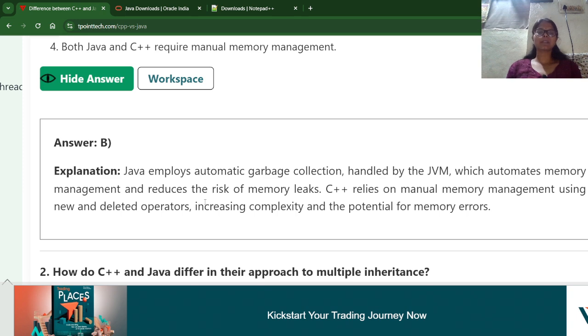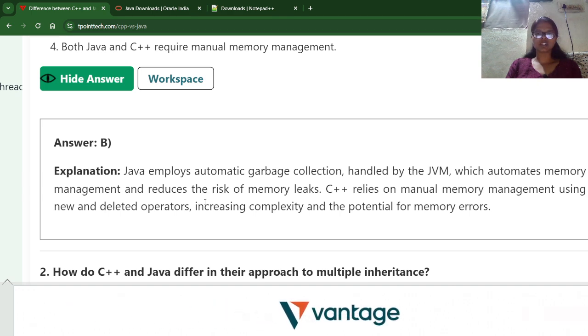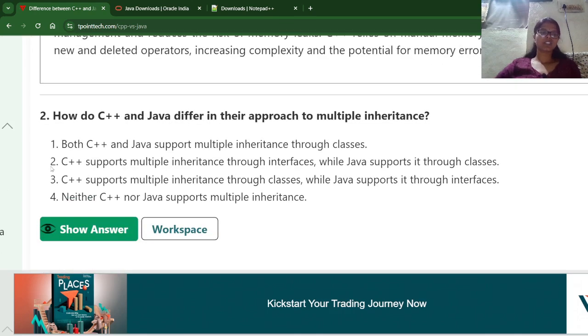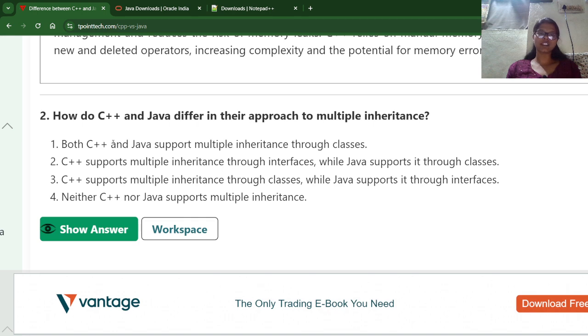So just remember the basic difference between C++ and Java in memory management: Java has an automatic garbage collector, but C++ has manual memory management with new and delete operators.